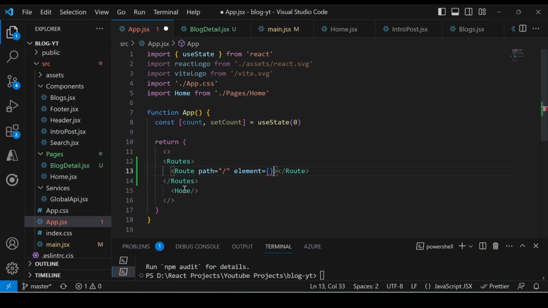So in this case, our default page is home, right? So I will copy it and paste it here, as simple as that. So once the page is loaded, it will default jump to the home component, right? And if I save it, I will go back to our application